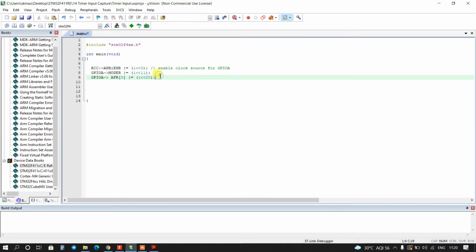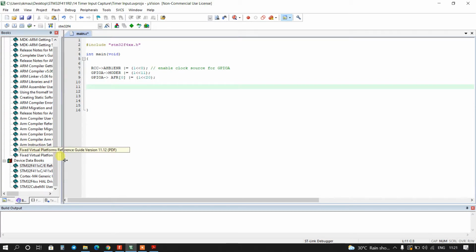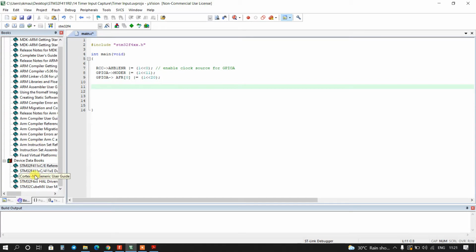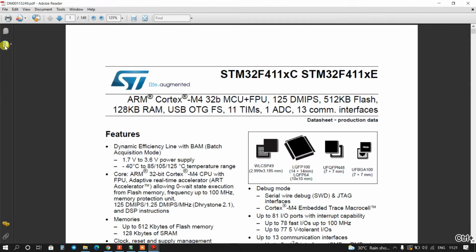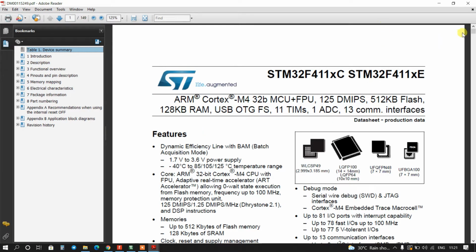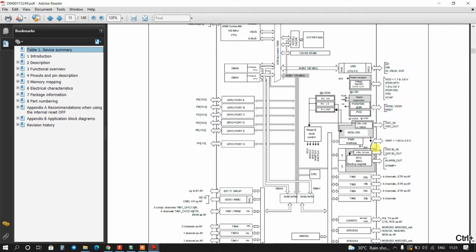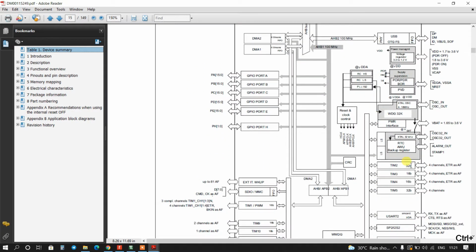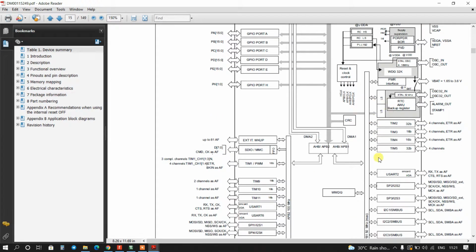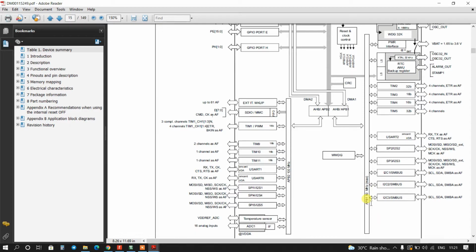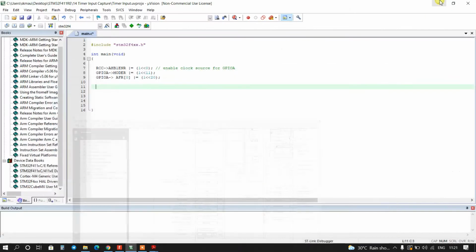Okay, now we have to enable the clock source for timer 2. So I will go to the datasheet, and go to block diagram. Right, you can see timer 2, and it is connected with the APB1 bus. So we have to enable the APB1 bus clock source.